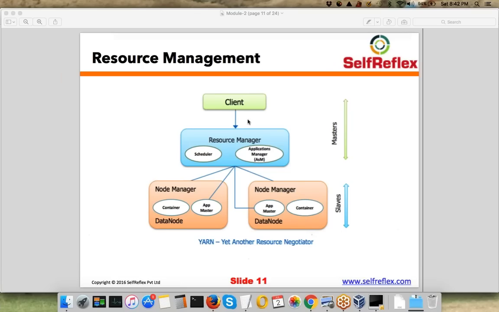So basically on this slide we just talked about YARN, which is nothing but the resource manager of your cluster. And the resource manager has an applications manager which runs on the master server. The applications manager receives the application to be run, and for every application it launches one app master. For every application there will be one applications master, which will then further complete that application. The applications manager will first find a free container on one of the slave nodes, and it will launch an applications master in that container.